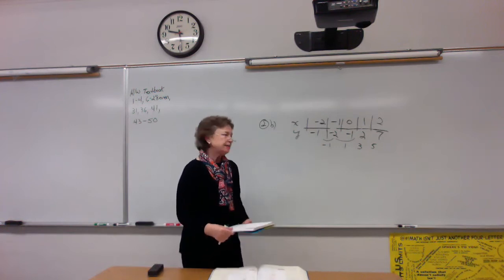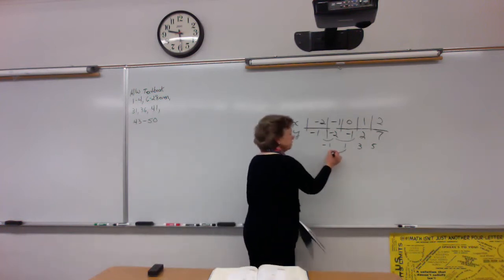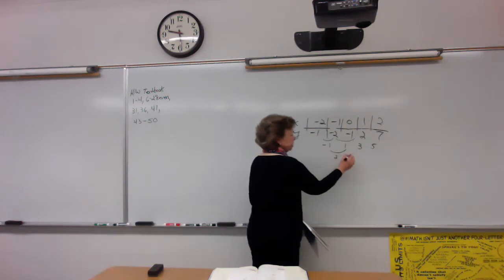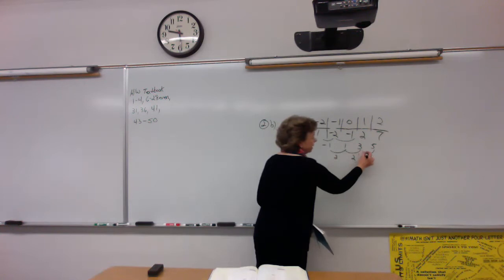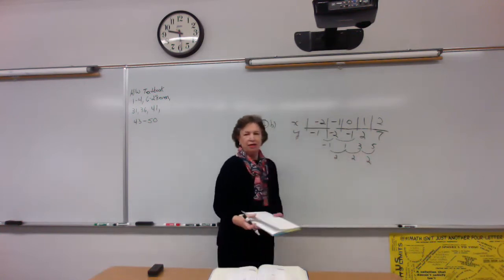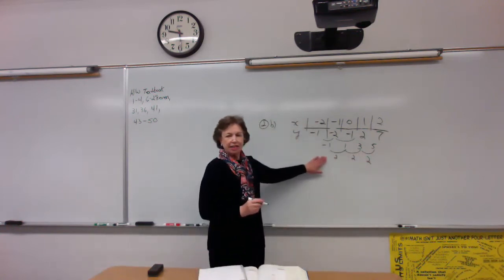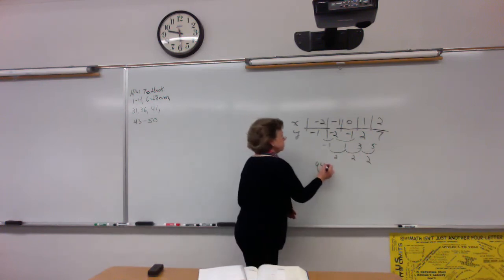So check the second differences. So 1 minus that -1 is 2. 3 minus 1 is 2. 5 minus 3 is 2. The second differences are constant. Therefore, this was a quadratic